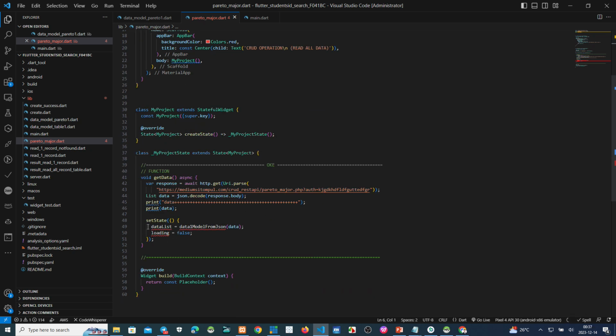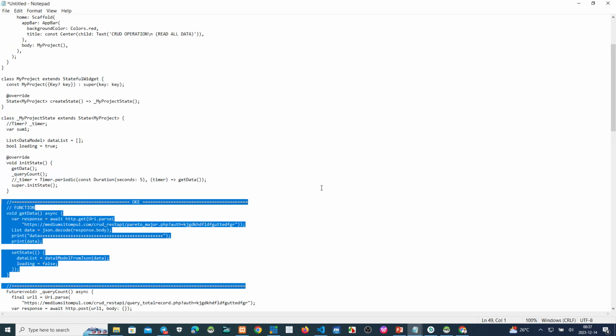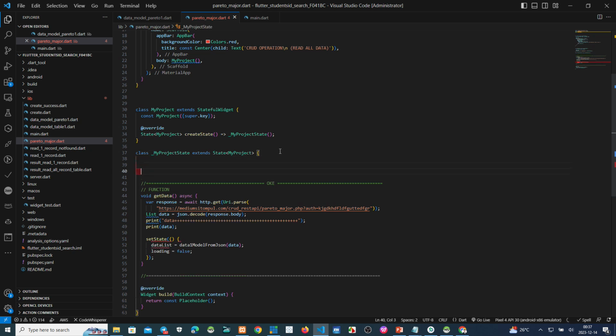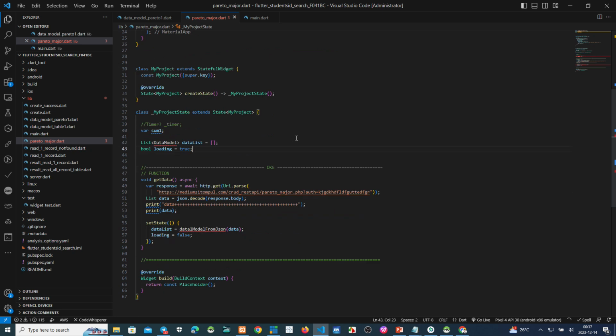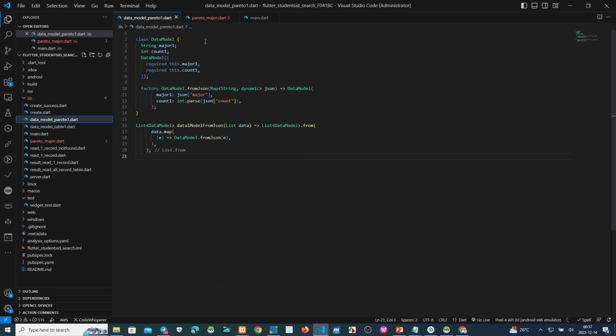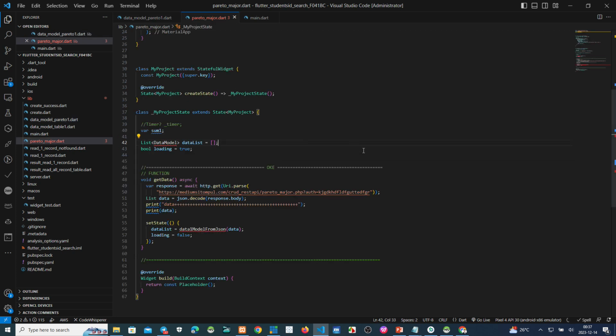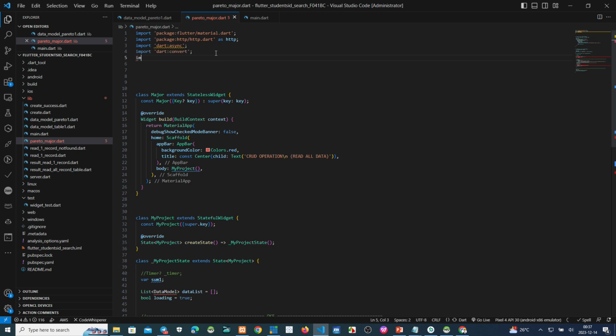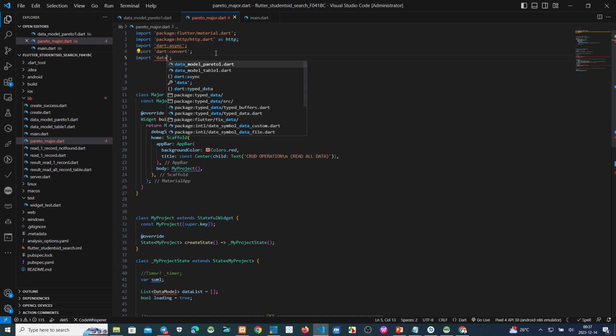Okay, we make these parameters. All the parameters here, we must declare first. This is the declaration of the parameters. We use the data model, so we must import the data model list, the data model Pareto 1.